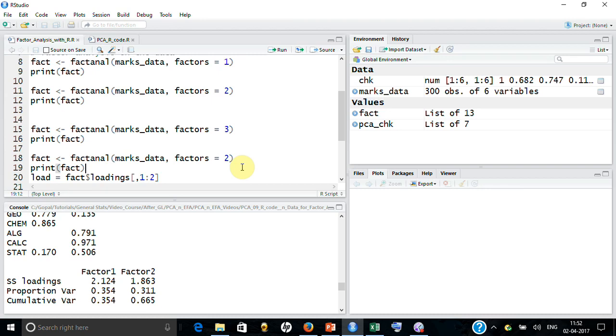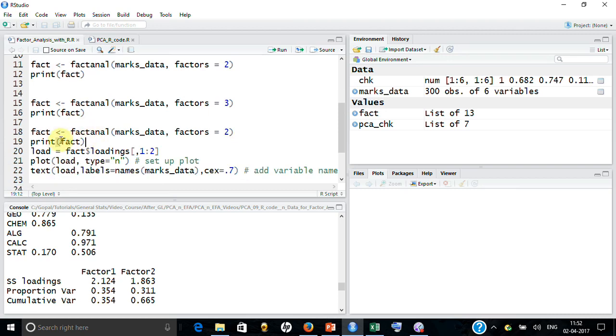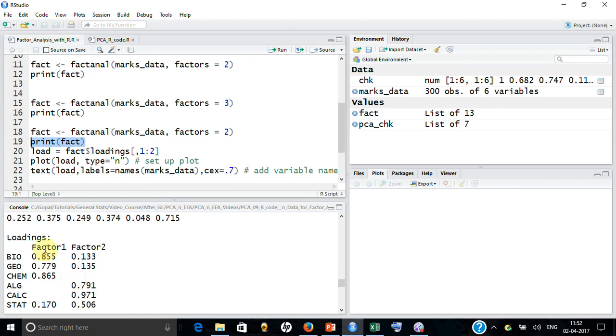While explaining the R output, I forgot to explain how you can visualize the relationship of variables rather easily using R. So let me explain that part pretty quickly, and then I'll explain how to do factor analysis using SAS. If you look at fact, it has many components, like you can see the loadings are available.